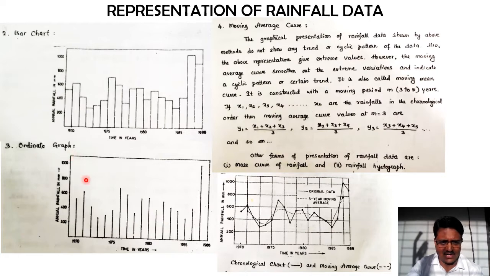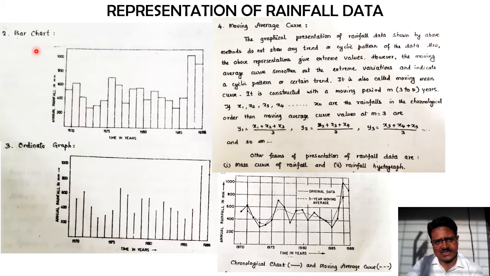Here, the ordinate chart is again used to mark a point directly and join one to another. But here I am just going to mark with a thin line, and the top portion will be the amount of rainfall that has occurred for that particular section. This is how it is going to work. So this is nothing but the simple ordinate graph. For all of these, if you check, the x-axis is time and the y-axis is always the rainfall collected.